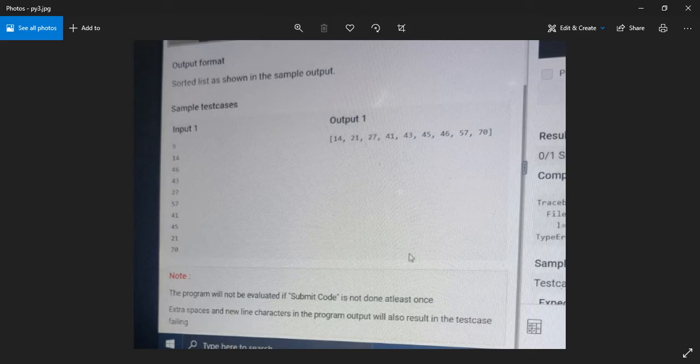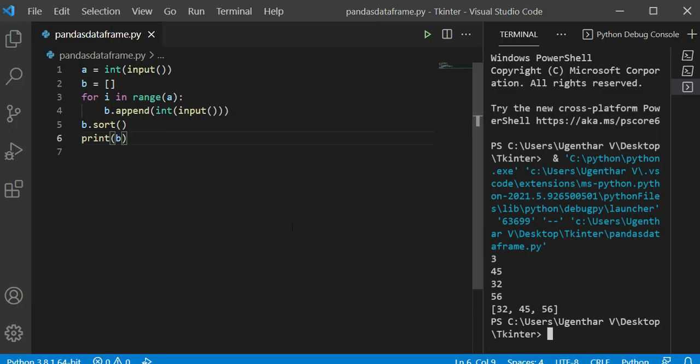Now let me give our input based on the input given in the question. The size is 9 and the inputs are 14, 46, 43, 27, 57, 41, 45, 21 and 70. Let me note the inputs here.